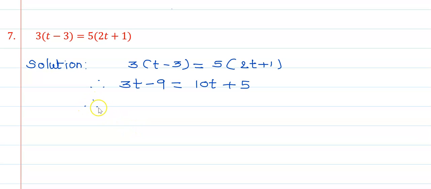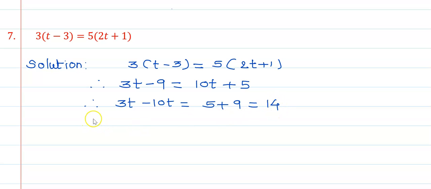Now collect the terms of t to the left hand side, so you will get 3t. Transpose this 10t to the left hand side, it will become minus 10t. And transpose this minus 9 to the right hand side, it will become plus 5 plus 9,